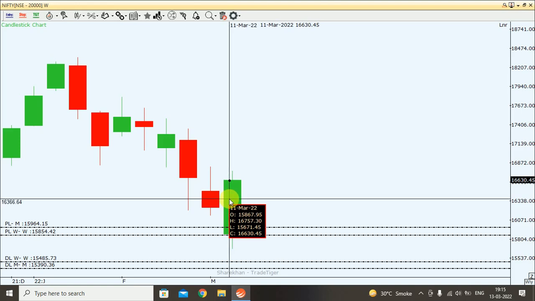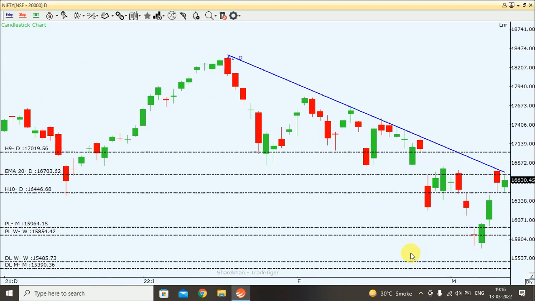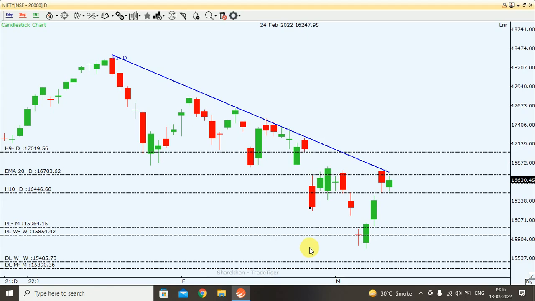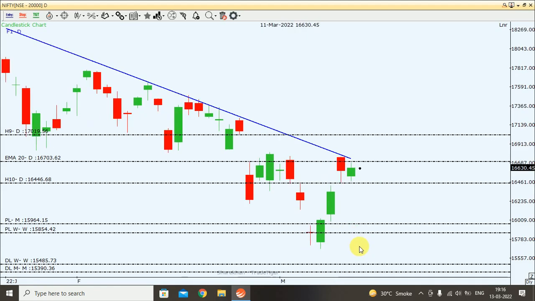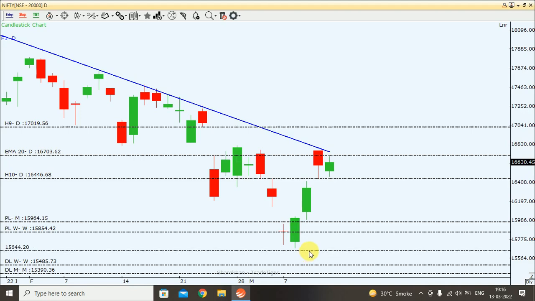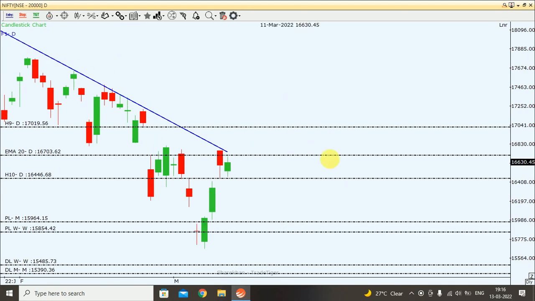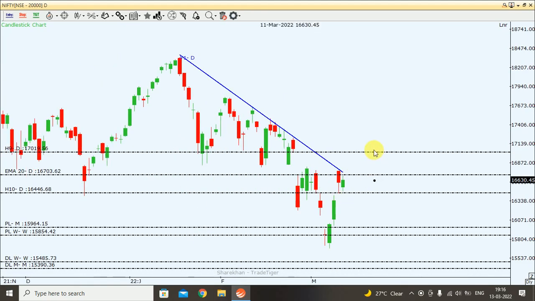15,670. By chance, if Nifty comes near 15,800, definitely one can initiate his buy position with a strict stop loss of 15,500. The risk will be 2 to 300 points, but the reward will be very big, right? Yeah, so that should be the plan of action. One can initiate buy near 15,800 with a stop loss of 15,500, means 15,600, considering the buffer. A safe stop loss would be 15,500. 2 to 300 points risk will be there, but the rewards will be very good,